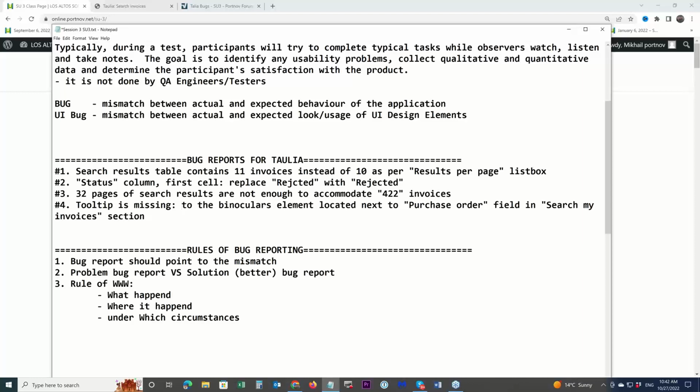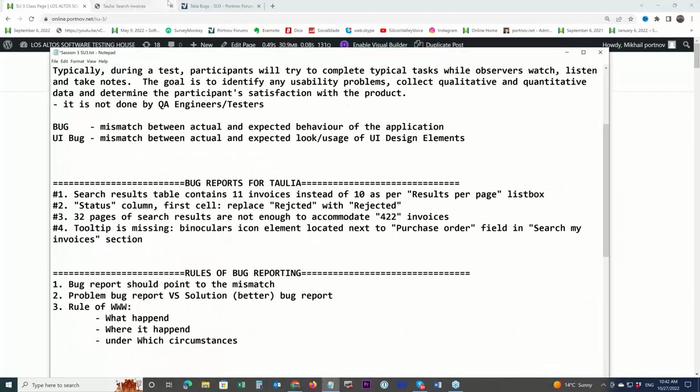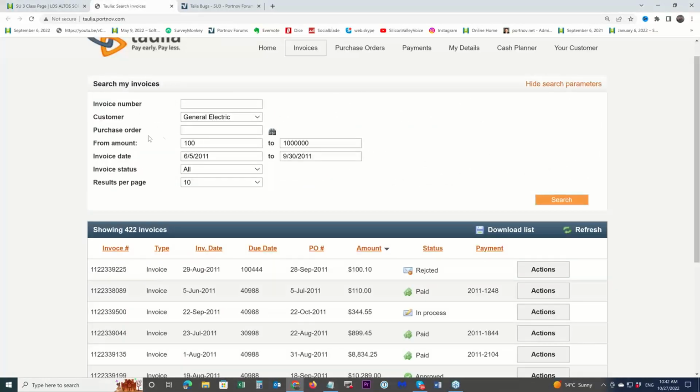Then where it happened. Binoculars icon. It's an icon. It's an image. It's a picture. Binoculars icon next to the purchase order text.